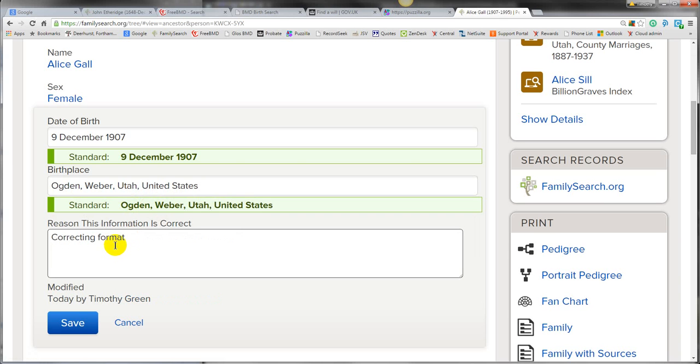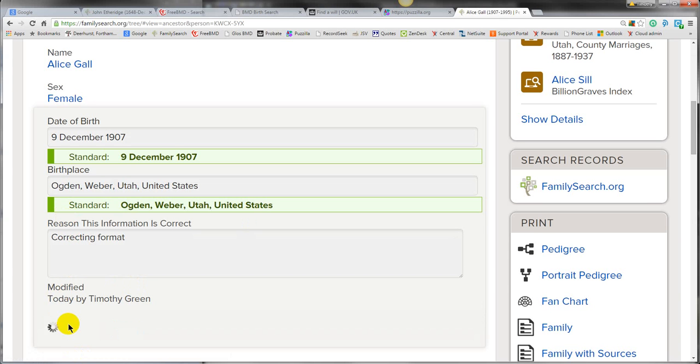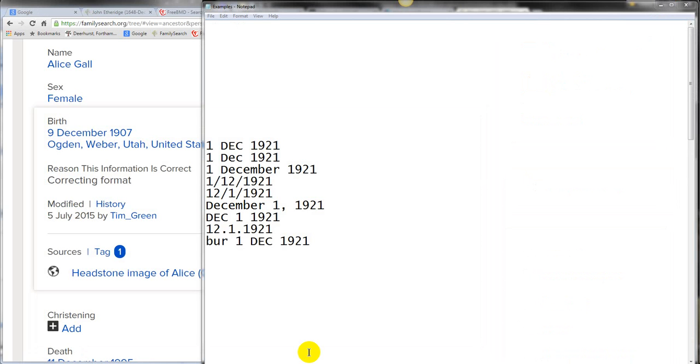Now, a couple of things here. First of all, not only do we not abbreviate the county, we also don't use the word county. We don't abbreviate the state, not even to use the 2-letter state code that we use in mail, and instead of USA, FamilySearch wants us to use United States. That, as you can see, is what they consider to be the standard, and so we'll hit save. So now let's review those earlier examples and see if you can spot the correct format for each.